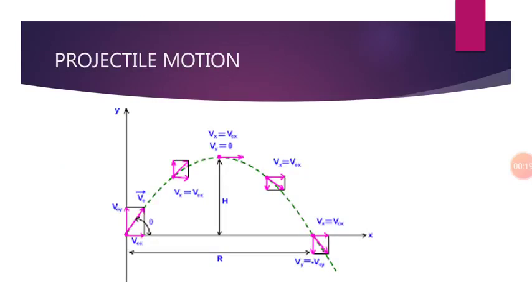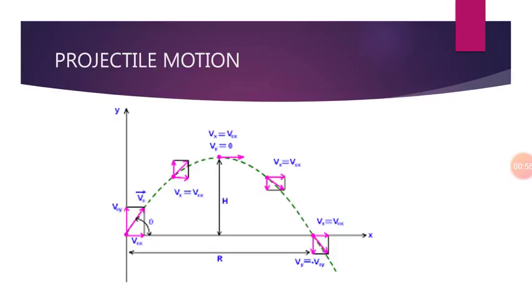When we launch a projectile, it makes an angle theta with the horizontal x-axis. The projectile follows a two-dimensional motion. Hence, the velocity of the projectile has two components. One is the horizontal and the other one is the vertical. If we say that the initial velocity of the projectile is v0 vector, then the x component of the velocity is v0x vector, while the vertical component of velocity is v0y vector.